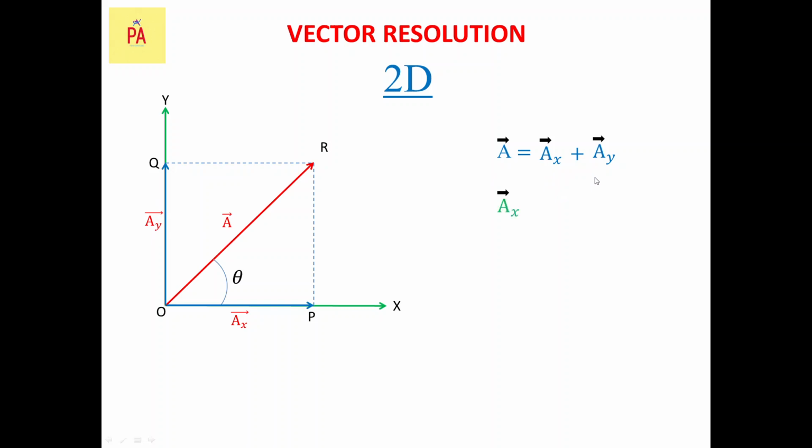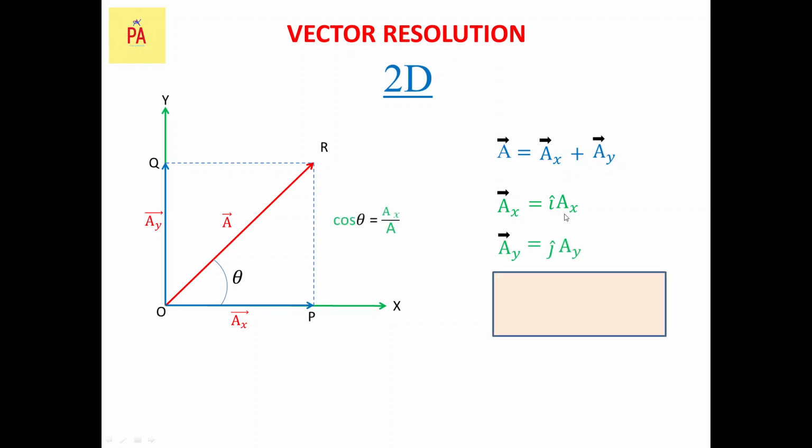Now if I do as per the earlier slide what we have done, AX I can represent as i AX, where i represents the direction, since AX is in x direction. So we have written i as a unit vector which represents solely the vectors which are running across the x-axis or horizontal axis, and AX is your scalar value. Similarly for AY also, j AY. So hope you understood this part.